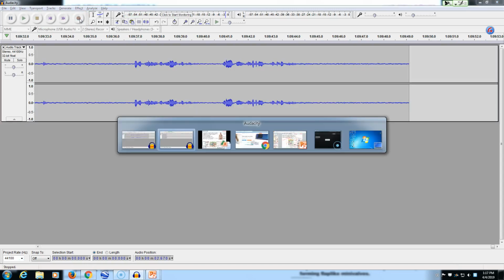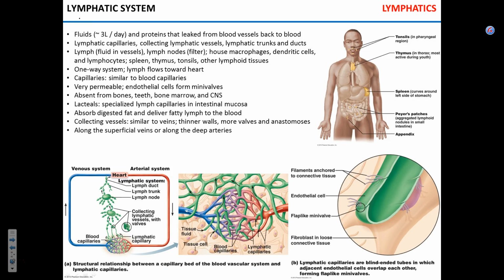We conclude this chapter, the conversation about the anatomy and basic physiology of the lymphatic system. It's really fairly straightforward. So what essentially happens is when the blood, there's a filtration and reabsorption. Filtration happens at the arterial end of the capillary beds, and reabsorption happens at the venular end. So fluid leaves at the arterial end, but not all of the fluid is returned on the venular end, so